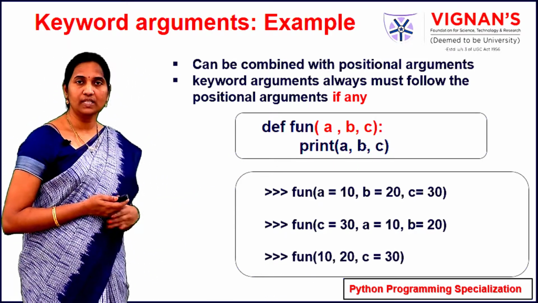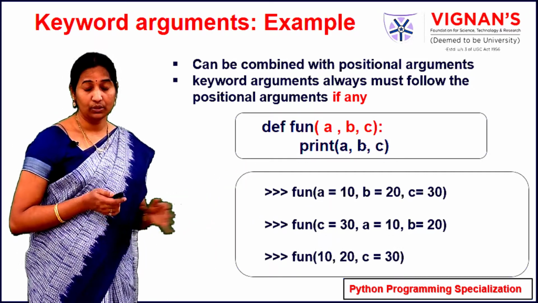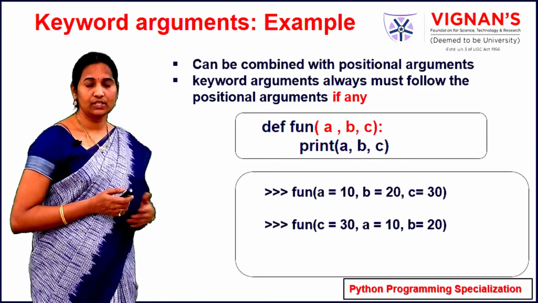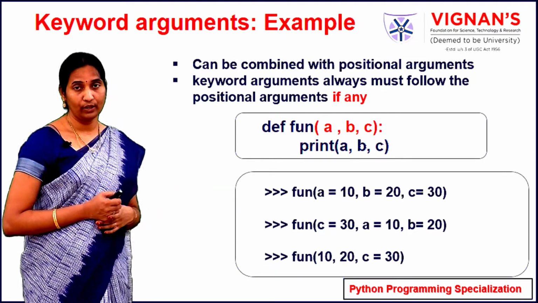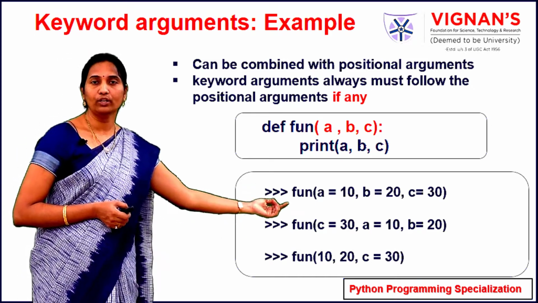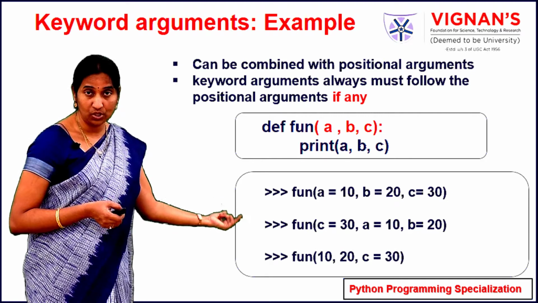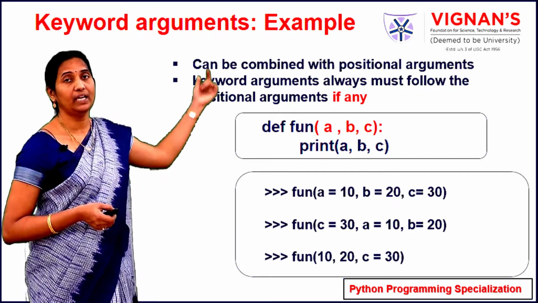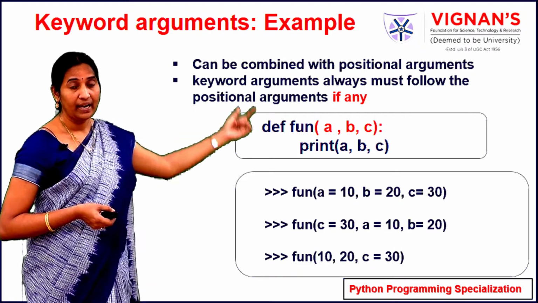So now if you observe here in this function call fun of 10 comma 20 comma c equal to 30, here in this function call I am combining the positional arguments along with the keyword arguments. If you observe, the keyword argument is followed by the positional arguments. The first two are passed as positional arguments. So 10 comma 20 will be copied to the first two variables, that is a comma b,